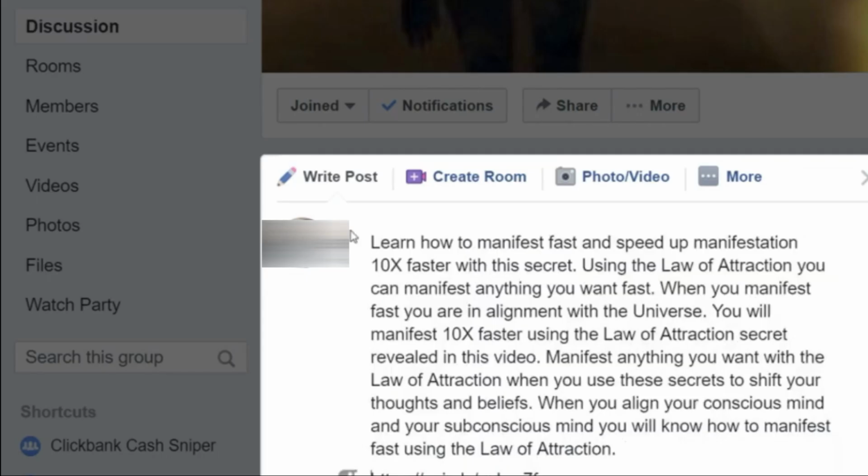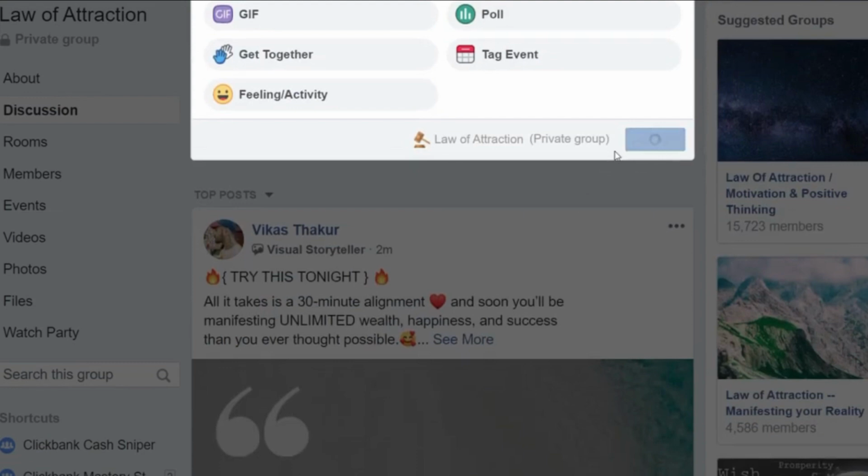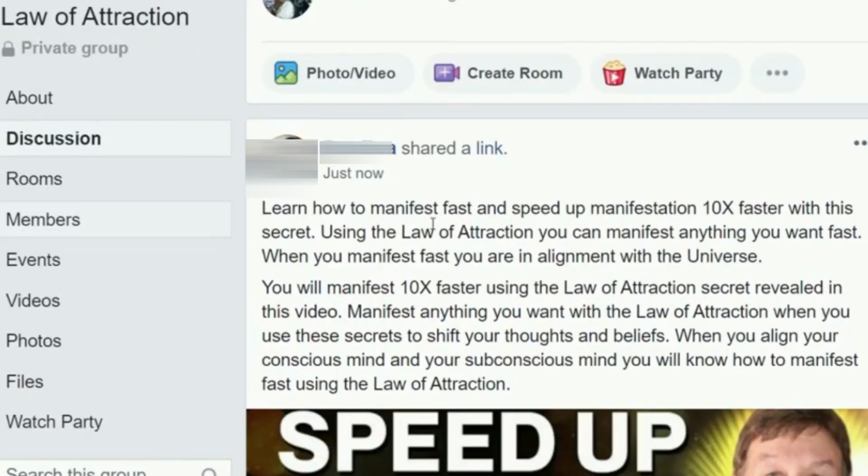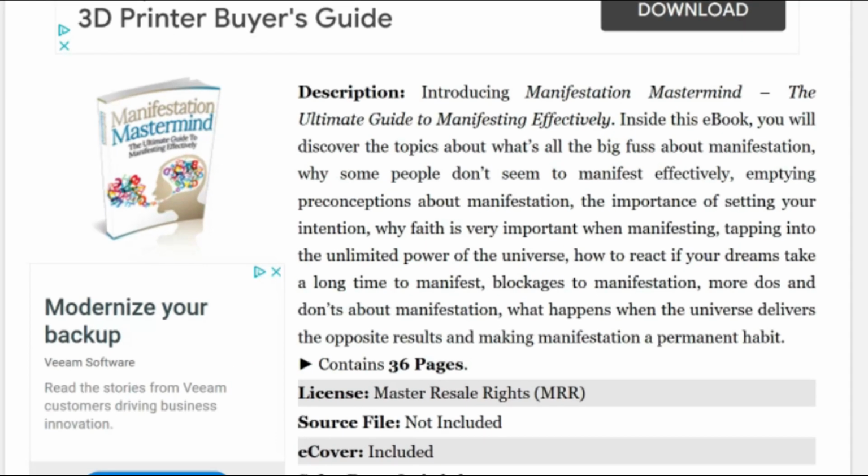Don't directly promote your affiliate link. This is what you need to do. This is where you promote your ebook. Add text related to your ebook and then add the ebook. For text, you can just copy the description from the original text of the ebook you downloaded and then slightly